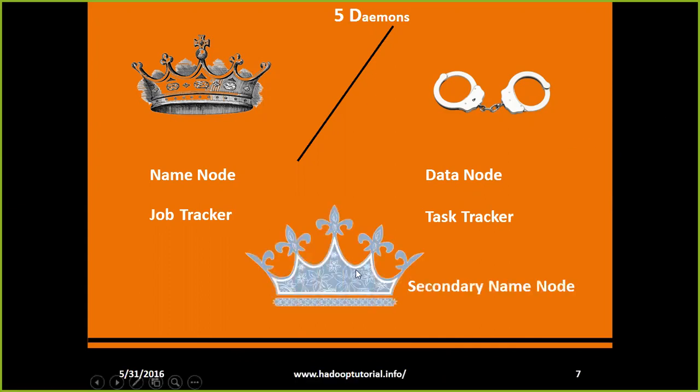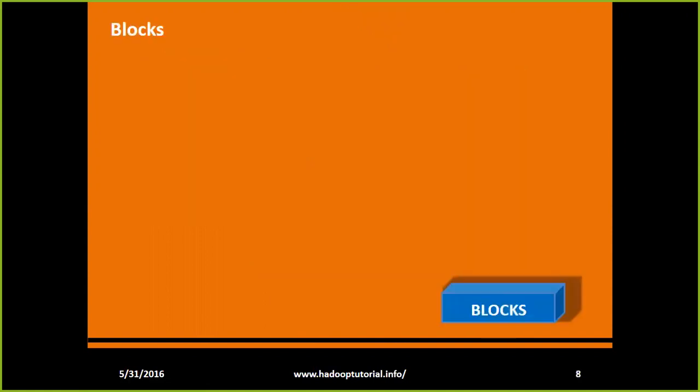And the supporting machine, the supporting resource or supporting node for the name node is the secondary name node. How will it support? By sharing some of its responsibilities. What they are, we will see in the coming slides. Okay. So before even that, the responsibilities,